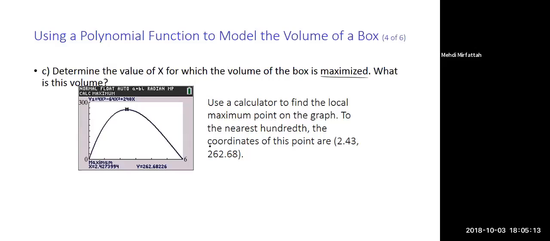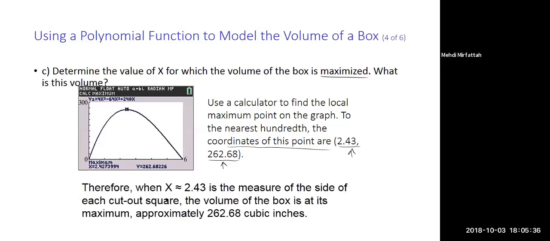So the coordinates of the point would be 2.43, and the corresponding number would be 262.68. So what that means is if I let x equal 2.43, then the maximum volume would be this amount here. So when x is about 2.43, which is the side of each cut, the volume of the box would be maximized to approximately